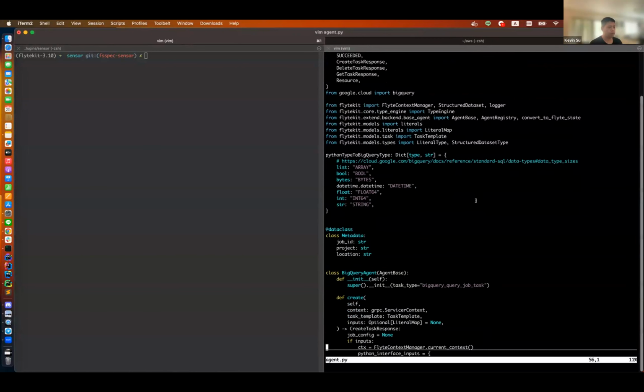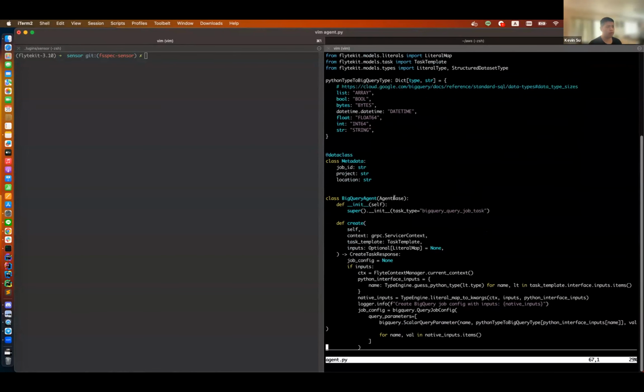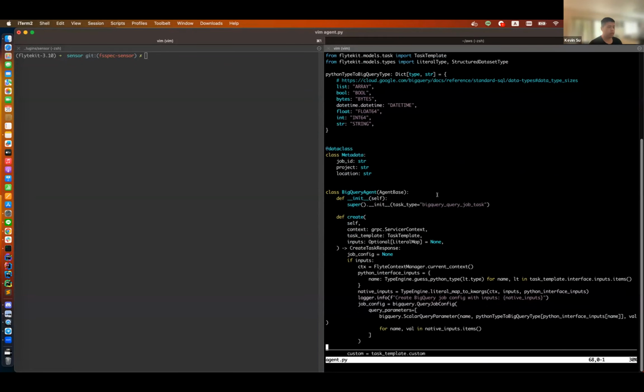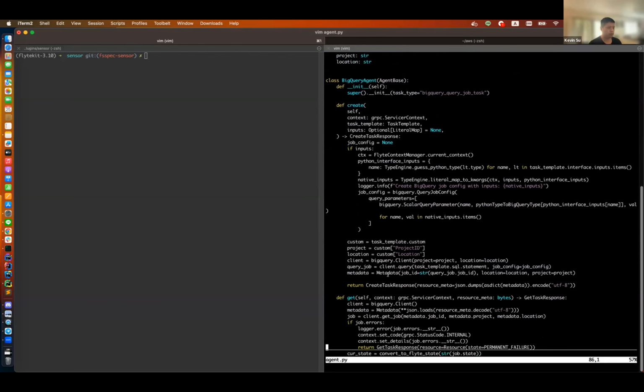Here we have a BigQuery agent. BigQuery agent inherits from the agent base. Agent base is a gRPC class generated from the protobuf. It's a gRPC server class. And then what you need to do is implement 3 methods: create, get,